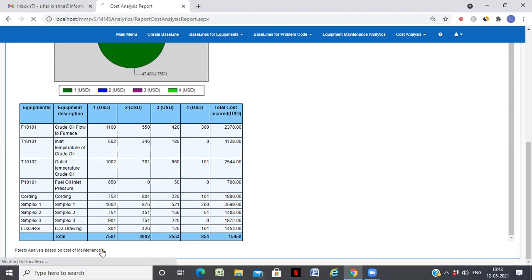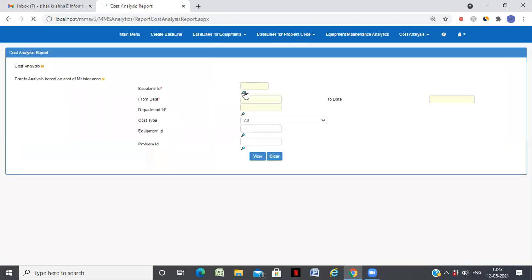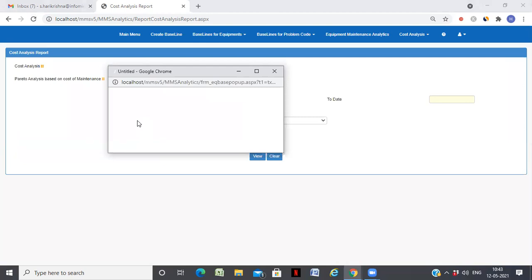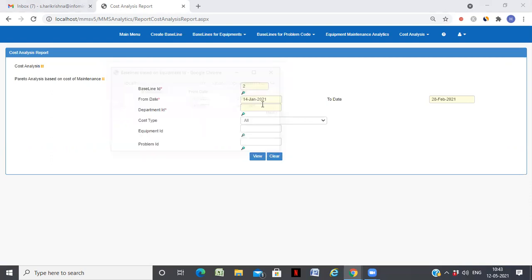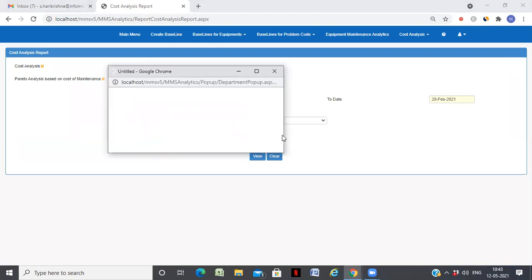Second, you also have a Pareto analysis on the cost of maintenance. Here again, you can choose a benchmark or baseline ID, and you can choose the department ID.